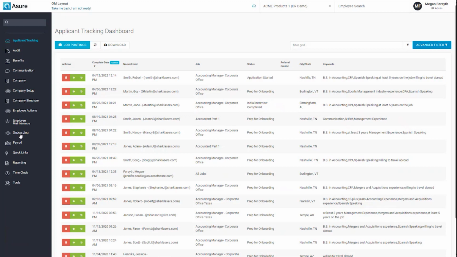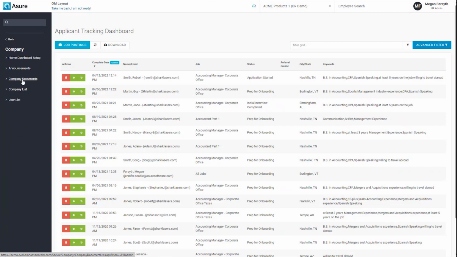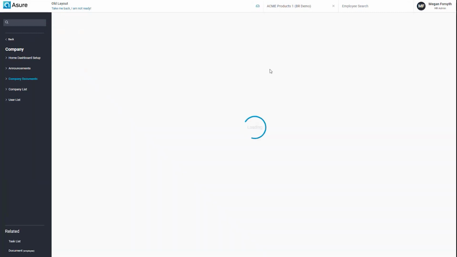Now, our onboarding is already built in this system. We already have the process built. The I-9 is built, the W-4 is in the system. We already have the direct deposit authorization built in the system, but you can upload any additional company documents in the company area. So you'll be able to come in the system and click company documents here,